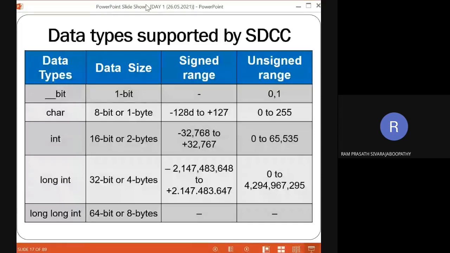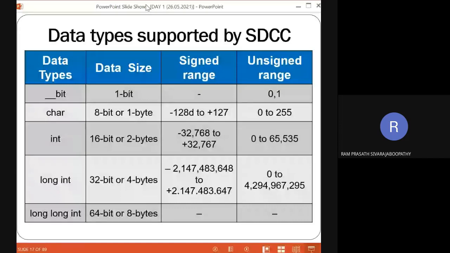Coming to the integer, what about the size of the variable assigned for integer, or the data type integer in C programming? Can anyone say? Integer அப்படின்னு சொன்னோம்னா அந்த C programmingல அதோட சைஸ் என்னன்னு தெரியுமா நமக்கு? Whether it is 8-bit or 16-bit or 32-bit or 64-bit. Any idea? 4-byte. It's not 4-bit, 4-byte. Correct? That means 32-bit. Here in the case of SDCC compiler, the data type int means it is a 16-bit